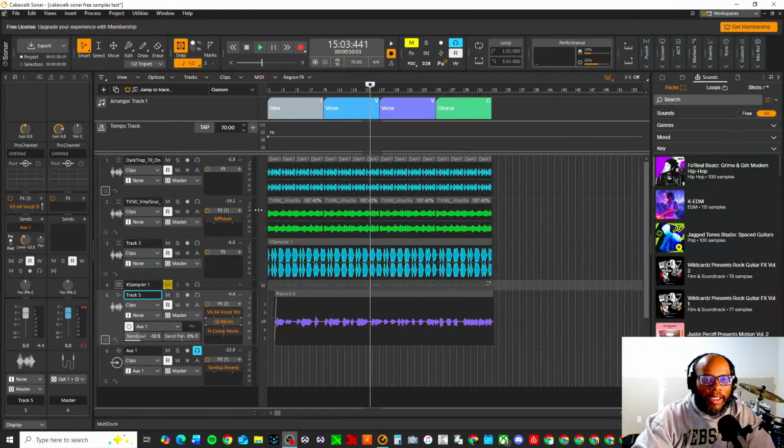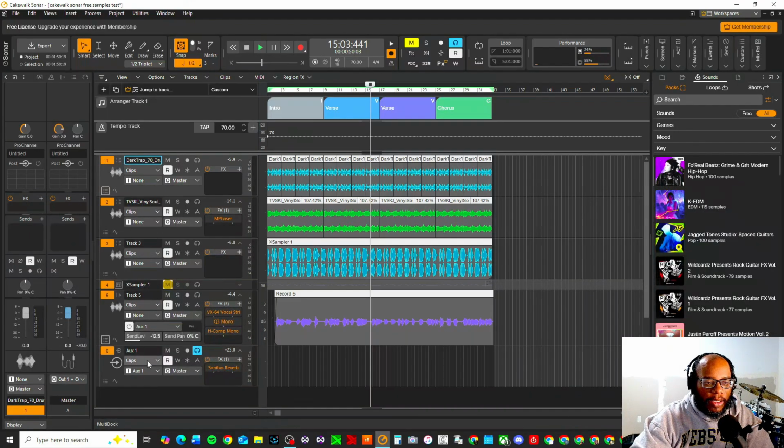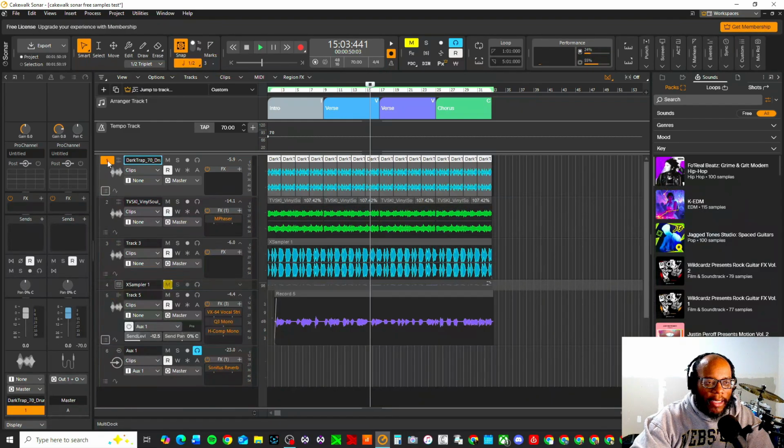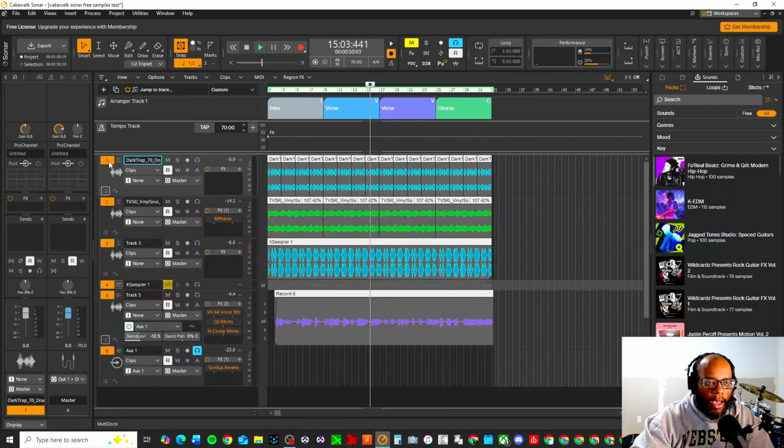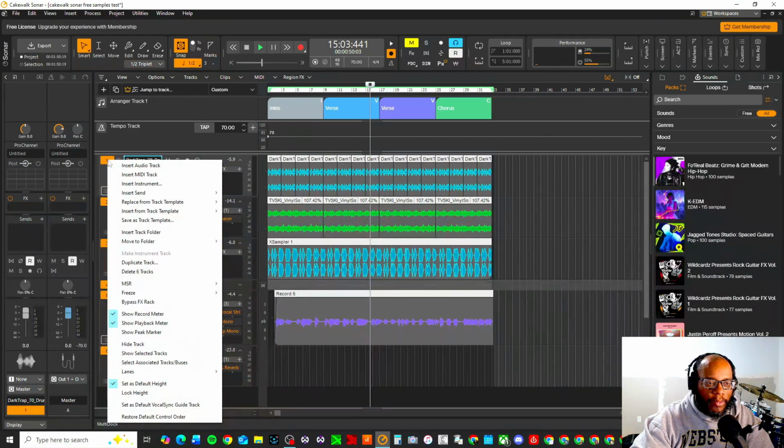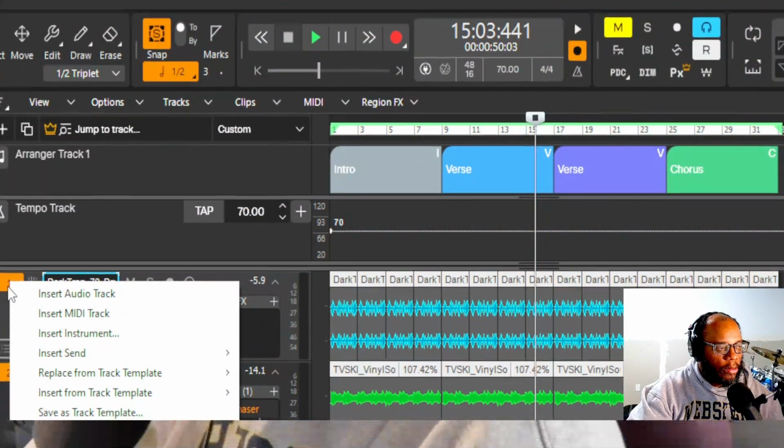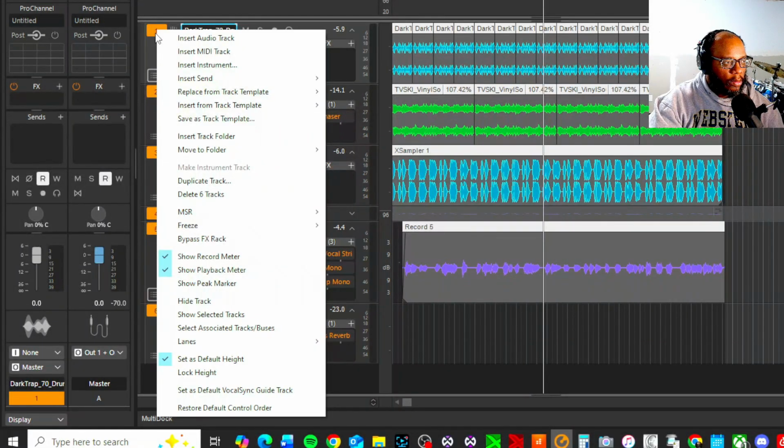All right, so with this project, I want to talk about just exporting first. I'm just going to highlight everything. You can do that by double clicking on wherever the number is of each track, like 1, 2, 3, and then you can right click on it. Let's zoom in so you can see this better. Okay, you can right click on it, and you can go down to